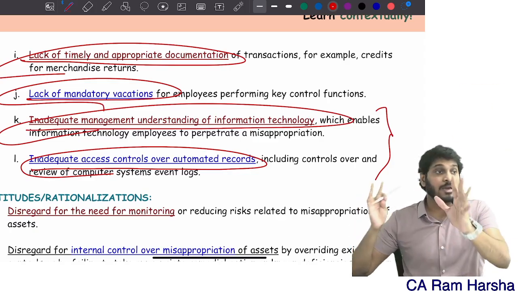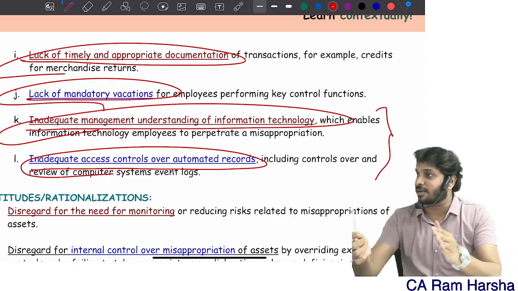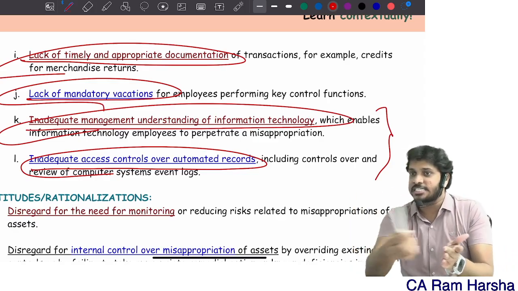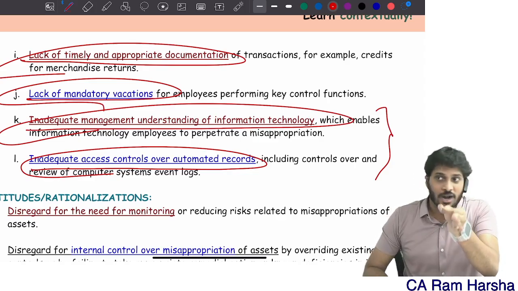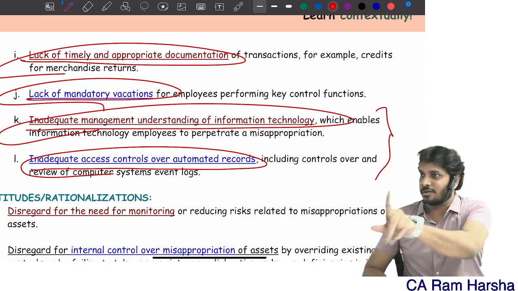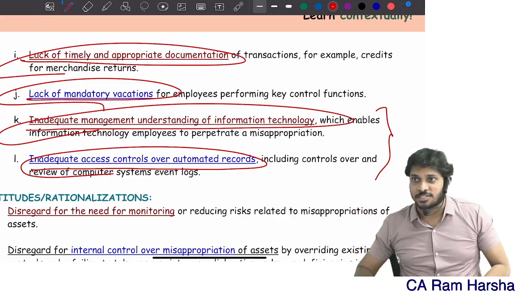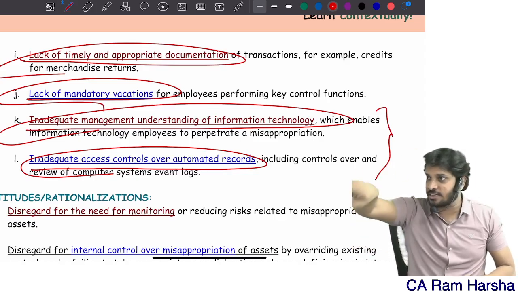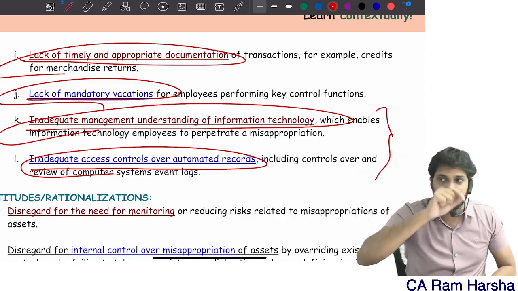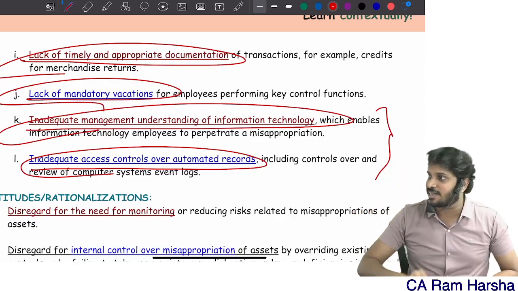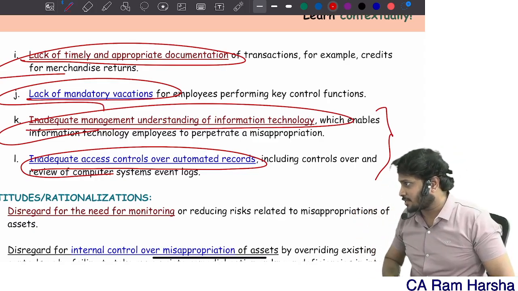Segregation of duty. Big companies will have these kinds of sub-departments, sub-processes. We call them what? Sub-processes. When a fraud has to happen here, all of them should be involved. Are you getting it? Maybe you can manage the finance team at last, but the remaining entire chain must collude. Only then does purchase related fraud happen. Only then does sale related fraud happen. You are getting the point.